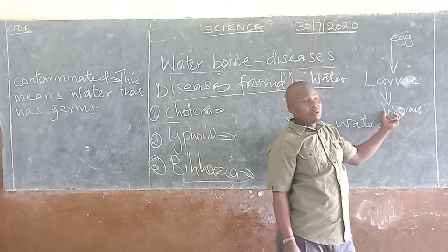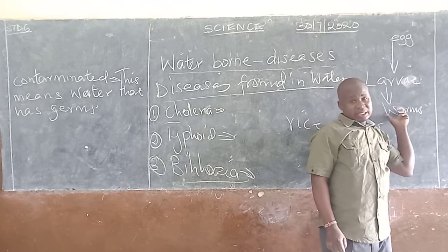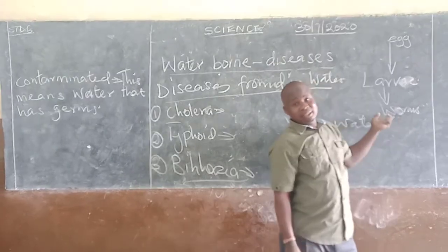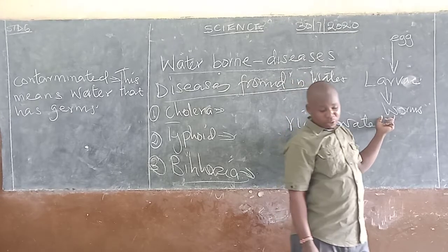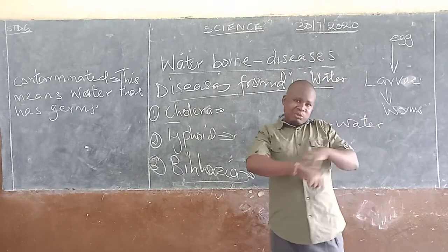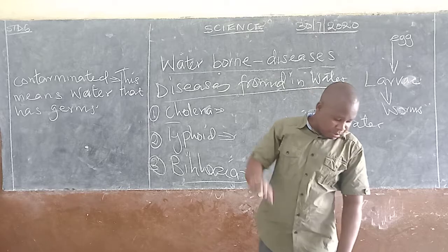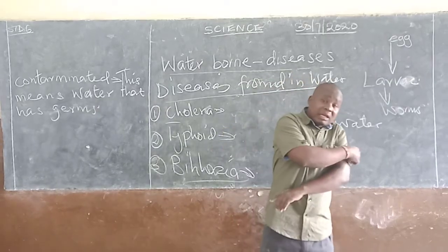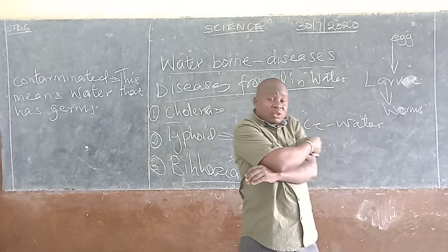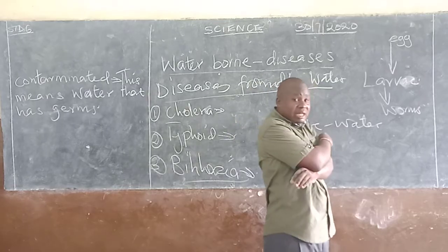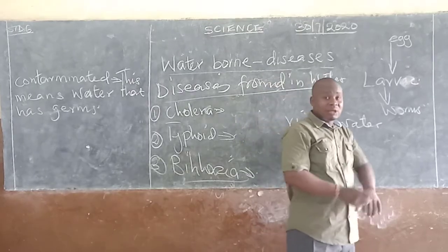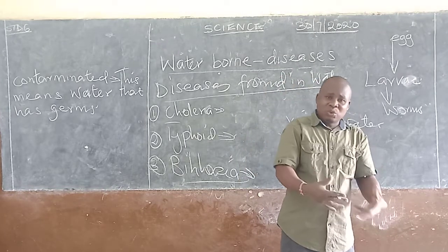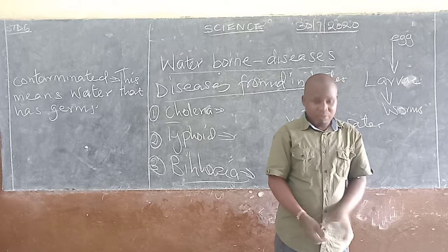Now when they are worms, if somebody steps on that water, if you step in the water, then the worms will get into your body through the small pores in your body. So be very careful at home when you are handling stagnant water. Remember what I said, when you are handling stagnant water or you want to drain stagnant water, make sure you have the gumboots and you have the gloves, so that the water cannot get into contact with your body.